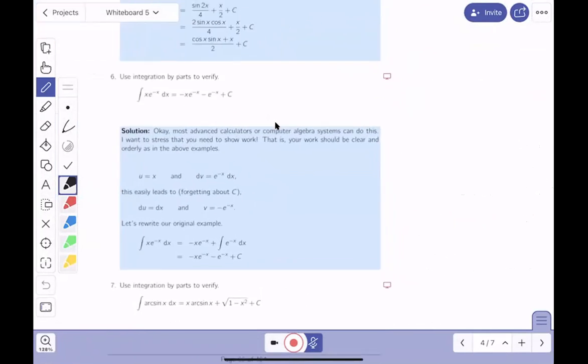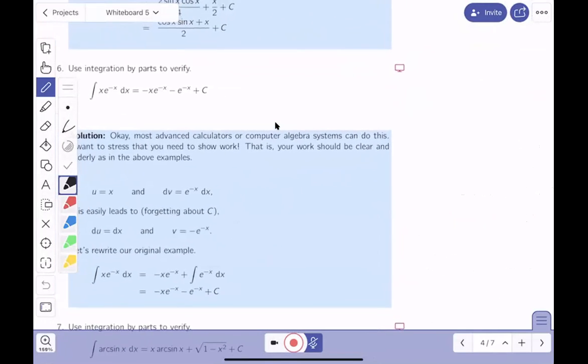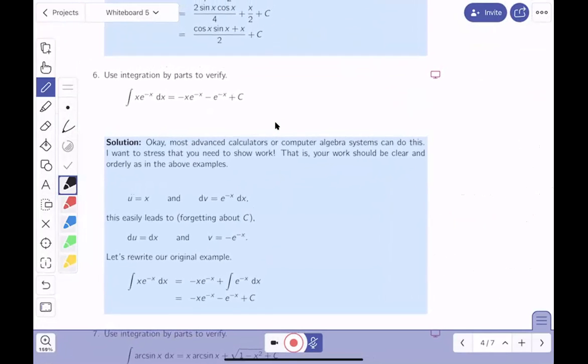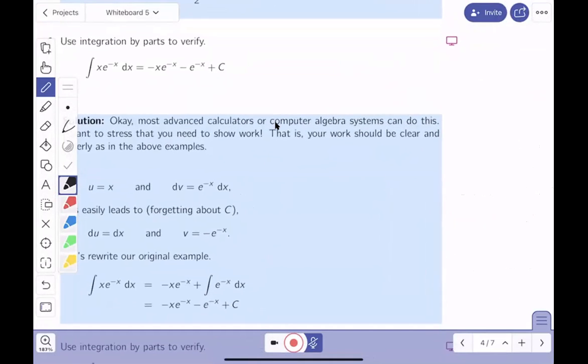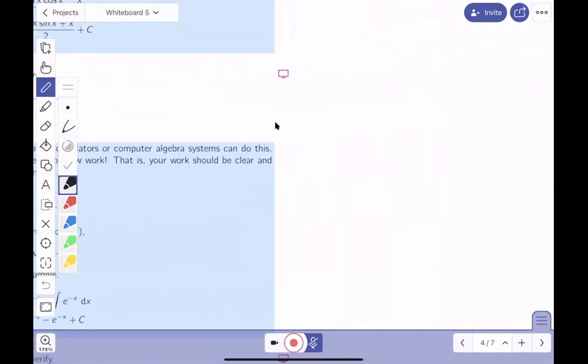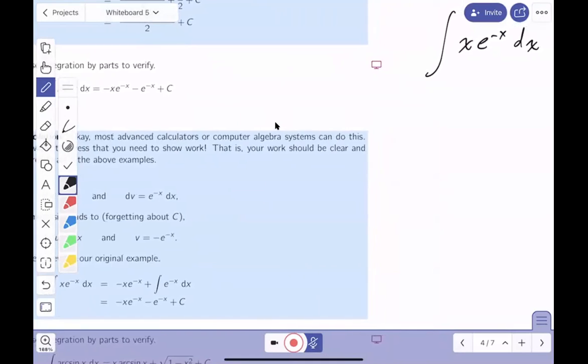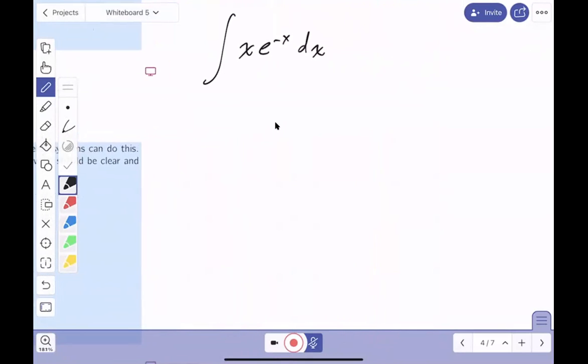All right. Ooh, this one has no hint. So I got to write this one down. They want to verify it though, but there's no hint. So I'm going to write this one down over here. I'm going to try to verify. Someone's going to say, I have a better way of verifying. You could differentiate the right-hand side. But anyway, I don't want to do that. I want to do